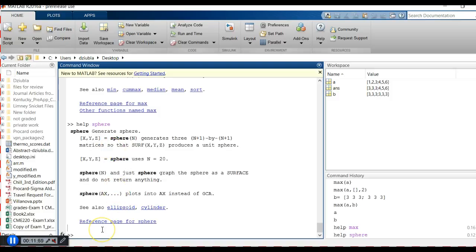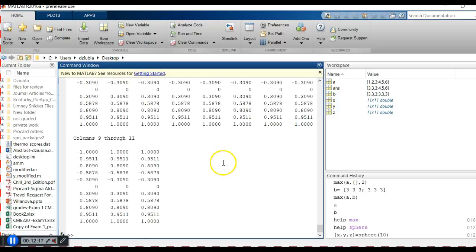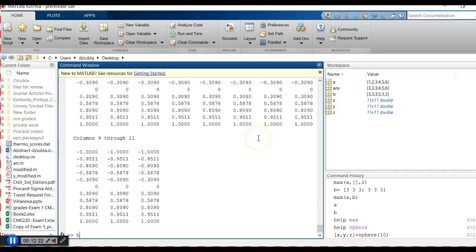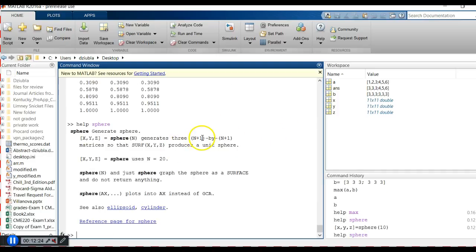So why don't we do that? So I'm going to say x, y, and z is equal to sphere. It says the sphere gives me 20. I'm going to be simplistic and say 30. Well, let's say 10. The numbers will display better. Hit enter, and what do we get? Oh, okay, like it said, let's see, help on sphere again. It's n plus 1 by n plus 1. Yep, I said 10, so it gives me 11 positions of an x, y, and z